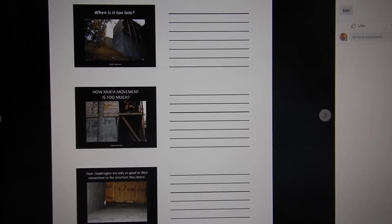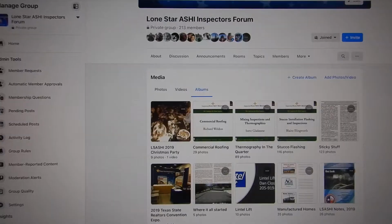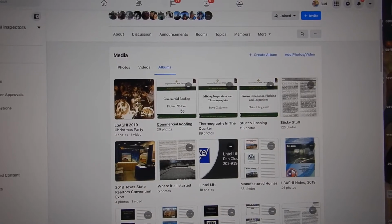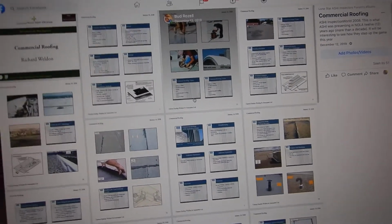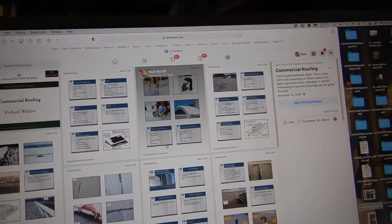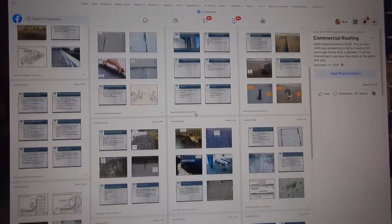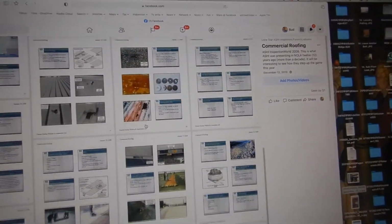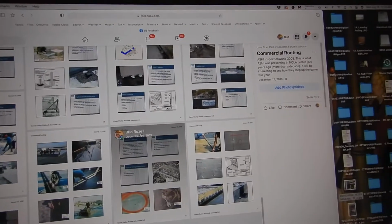These came again from class. So I'll go a little farther in here. Commercial roofing, for example. Because I get a lot of questions. A lot of questions show up about commercial roofing. And, is it TPO or is it vinyl? We get those questions, but